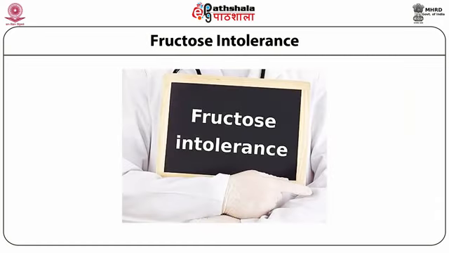Fructose intolerance. Hereditary fructose intolerance is a genetic disorder which is characterized by vomiting and hypoglycemia after ingestion of fructose or fructose producing food. It is an autosomal recessive condition as discussed before, and eating a meal containing fructose causes an accumulation of this fructose 1-phosphate in the tissue. Several enzymatic activities are inhibited by high cellular level of fructose 1-phosphate.